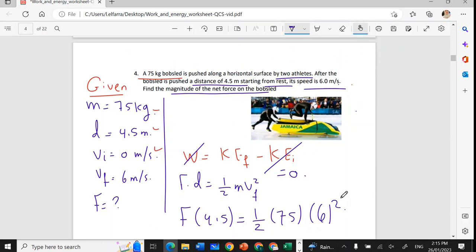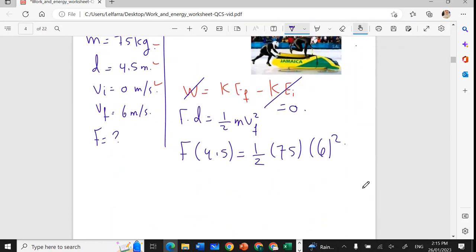Okay, so we have to calculate this one first. So force times 4.5 equals, let's do this one. We have half times 75 times 6 square. This will equal